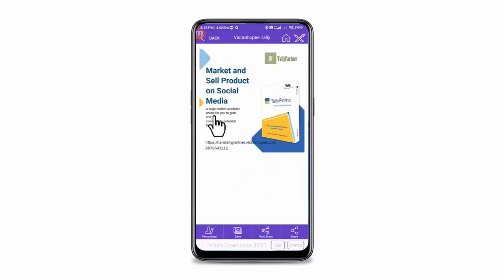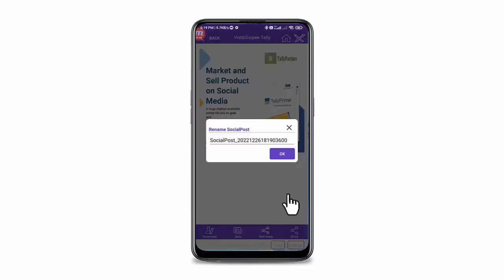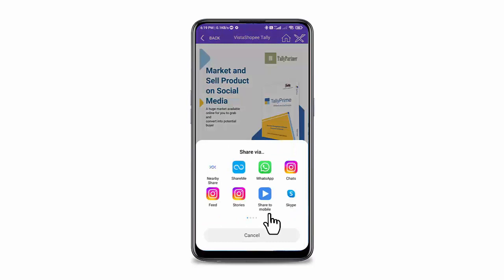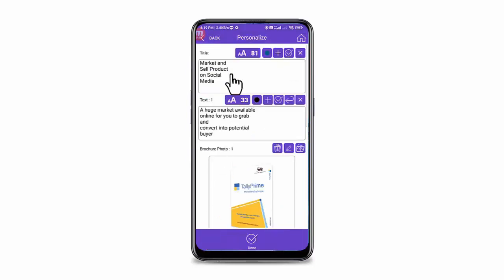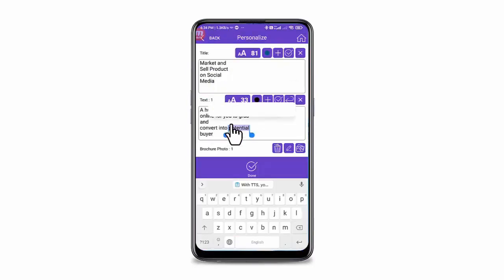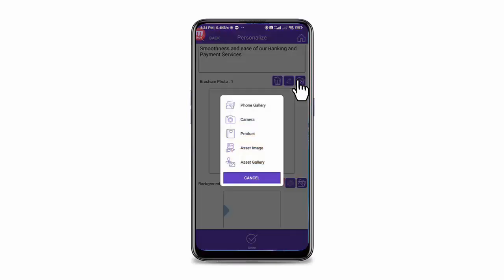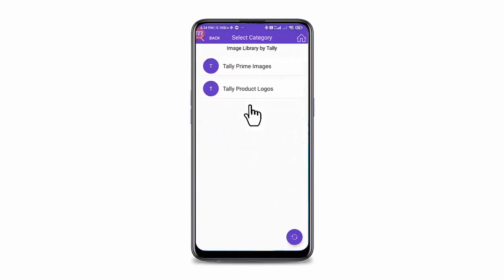Select the downloaded design and the post is ready with your business details. You can save it or share it immediately on the respective social media. You can personalize the post more, change the text, the photo or image. You can use images available in your phone gallery or download relevant images from the image